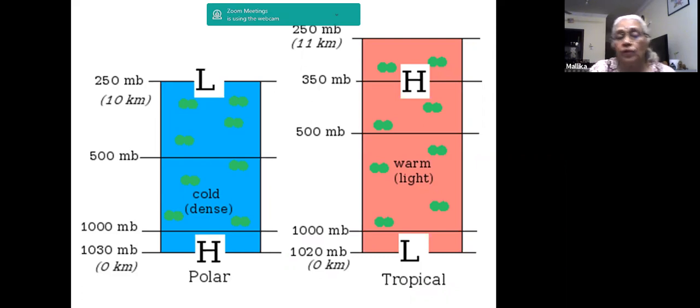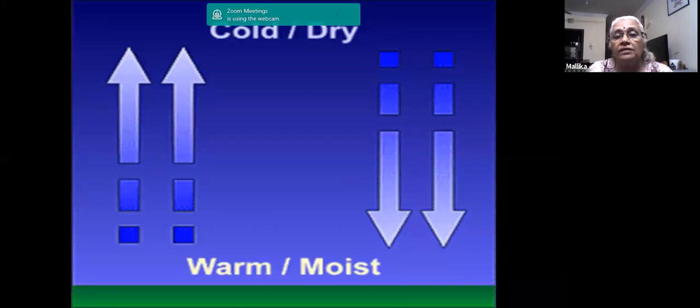And in the entire polar region, which is the frigid zone. Okay, right. So one more thing that we need to understand is that when the air is at the ground level, it is always warm and moist. Okay, so this warm, moist air, when it rises up, you will find that not only will it lose its